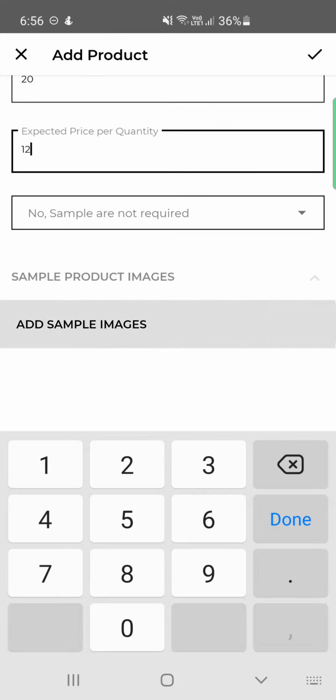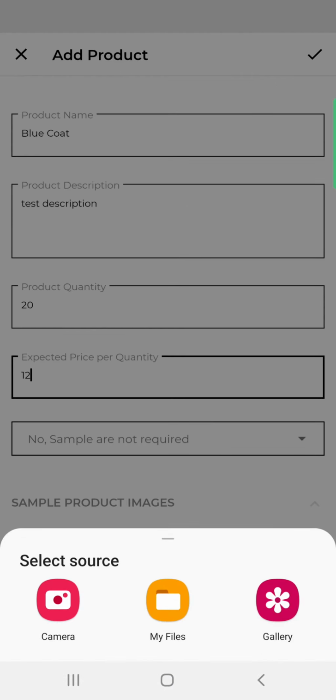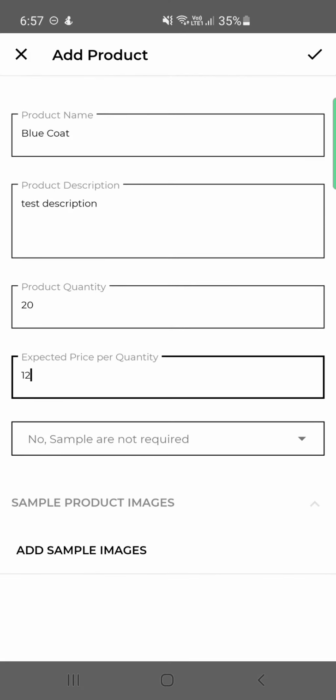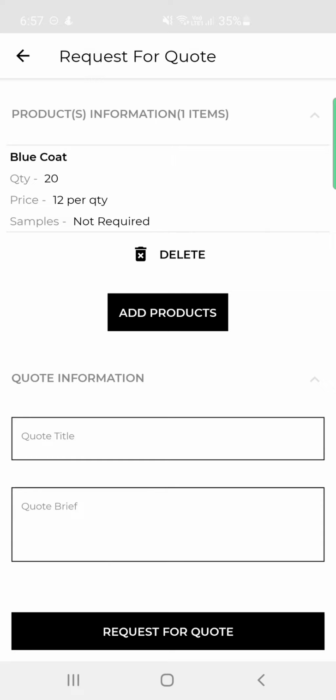You can also add sample images by tapping on the sample images, and then you can use your camera or your local file there, or your gallery to upload your particular sample images. So for now I'm not going to do that. So after that, on the top right hand corner, I'll tap on the tick mark, and you can see that